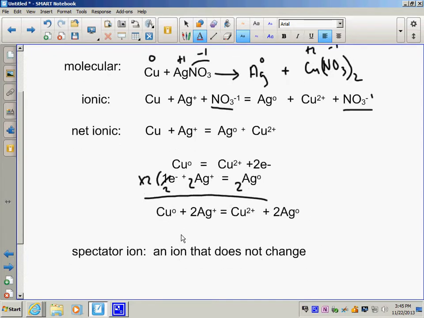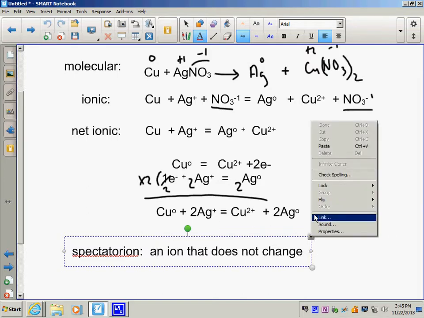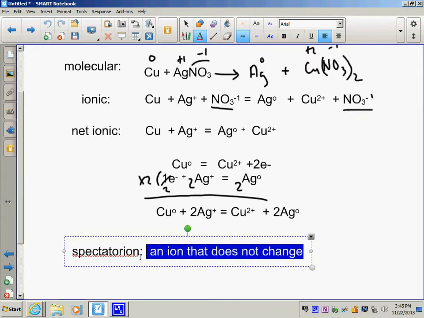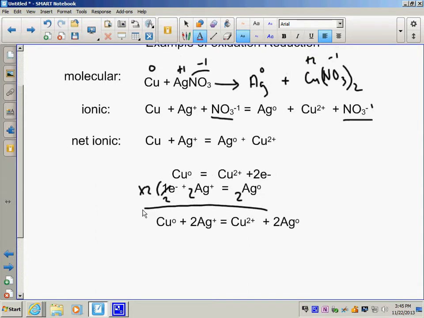There's one more thing that we do with this, which is to ask ourselves the question: does this reaction actually run? That's an important question to ask, and just because we do something on paper